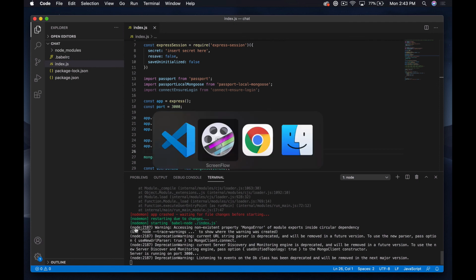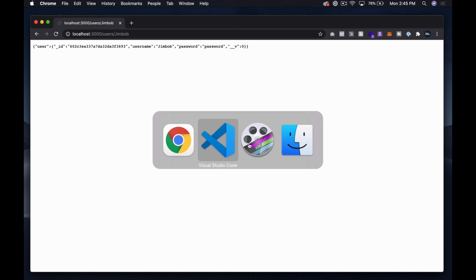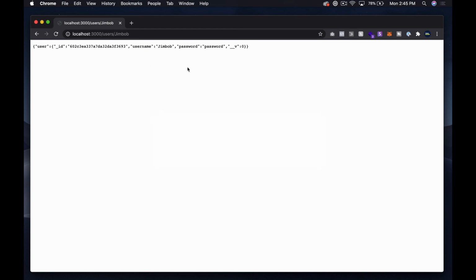Okay, so it looks kind of like we're running. Let's come back over here and refresh and just see. Okay, so everything is not broken. We don't know that it's actually all working yet either, but let's go ahead and see if we can get it to work. All right, so the very first thing I want to do is basically take this page and